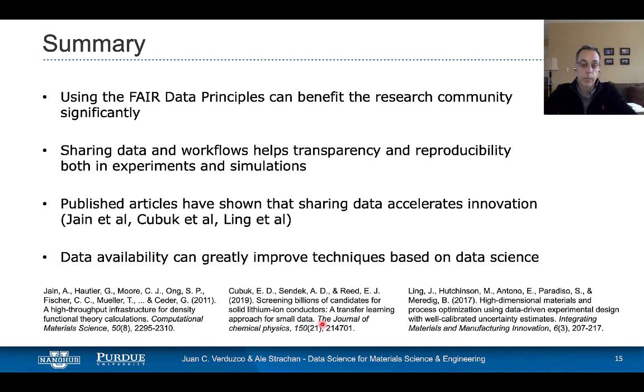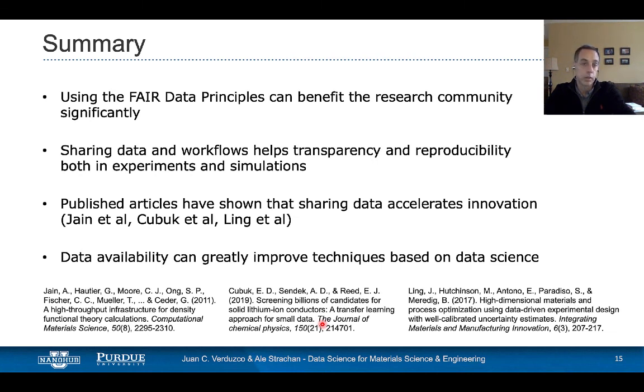So, in summary, we can really accelerate innovation in our field by sharing our data, sharing the data in ways that follow the FAIR principles. They're discoverable, interoperable, queryable, using modern tools. And this applies not just to data, but to models. And there are really lots of resources that can make this process relatively painless. And I hope this module gets you incentivized to start following these principles.